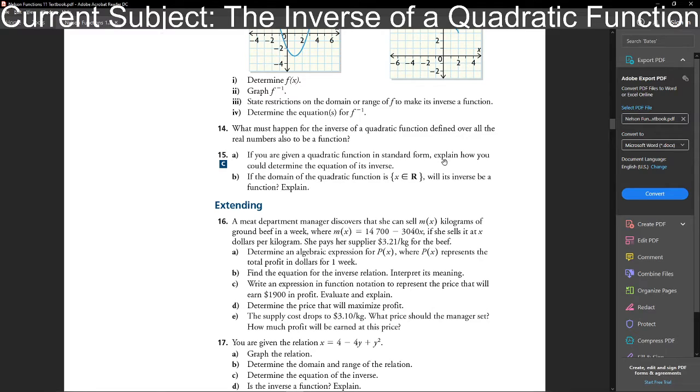Alright, I guess I'll just leave it at you have to complete the square again. Yeah, that's what I was thinking. You just have to factor it again. I was trying to see if we could keep it in standard form though, and still calculate the inverse, but it doesn't look like you can do that very easily.